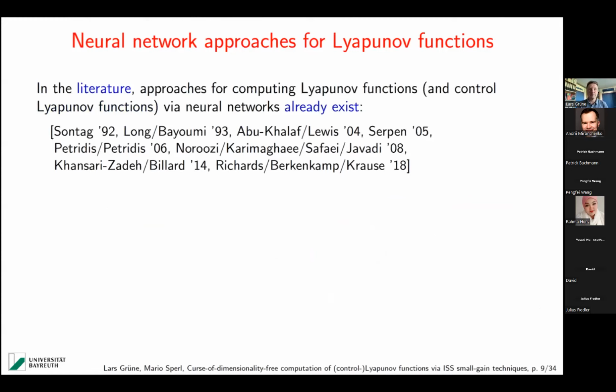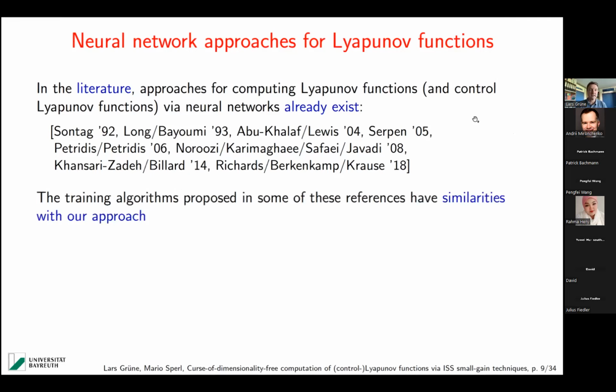So yeah, it's definitely not a new idea to use neural networks to compute Lyapunov functions. And this already was in the, should I say, first or second wave of neural networks in the 1990s, where these were fashionable for quite a while. This has been done. Here's a list, possibly incomplete, of people who worked on that. Very interesting, by the way, that Eduardo Sontag worked on that also in the 1990s. And I will talk a little bit about training the neural network later, and I do not claim any originality in what we did there, because some of these ideas were already in a quite similar form in one or the other of these papers here.